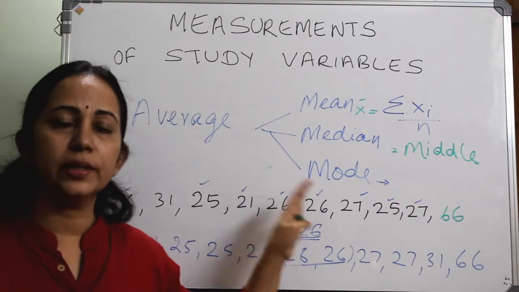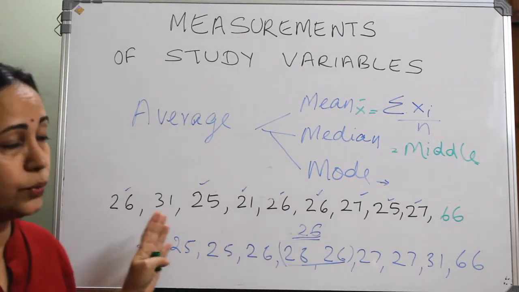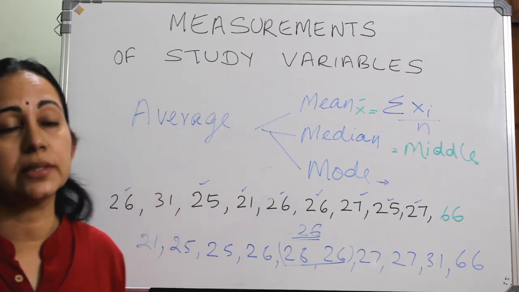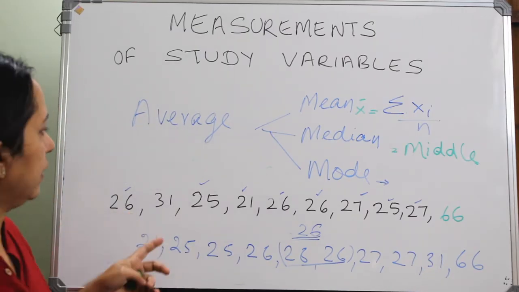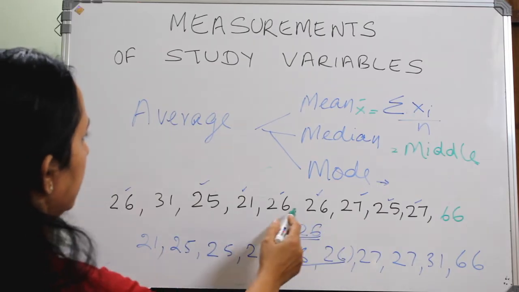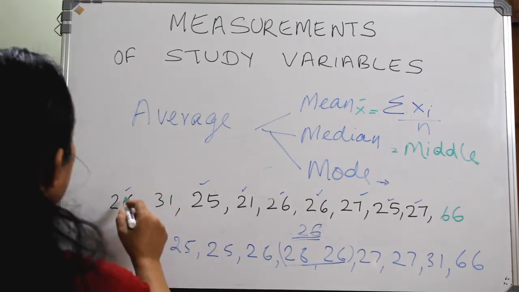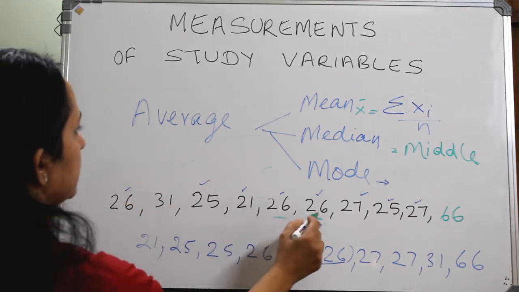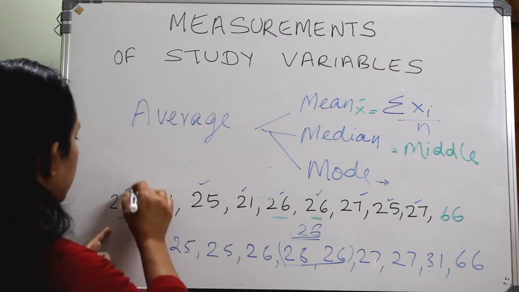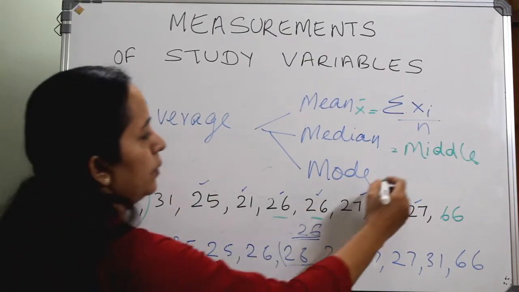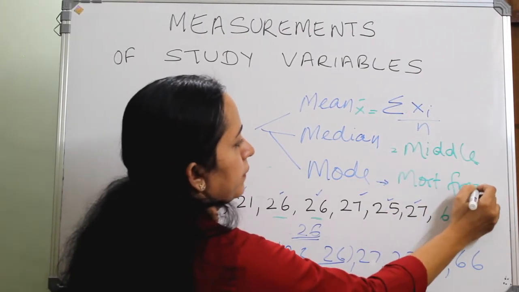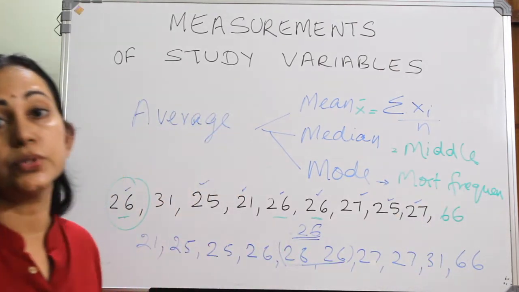Okay, regarding mode, it is the value which occurs most frequently, or the value repeating the most. What is the mode in this case? 25 was 2 times and 26 was the one which happened 3 times. So here the mode is 26. So the value most frequent, or repeating most frequently.